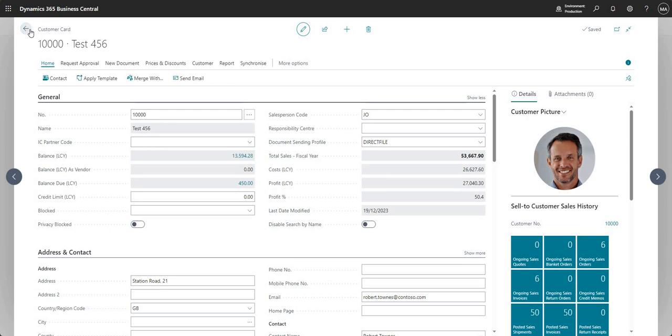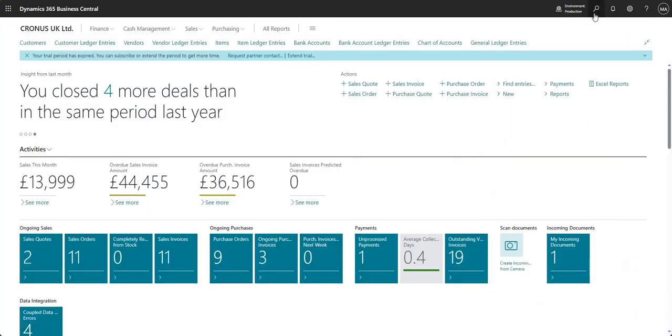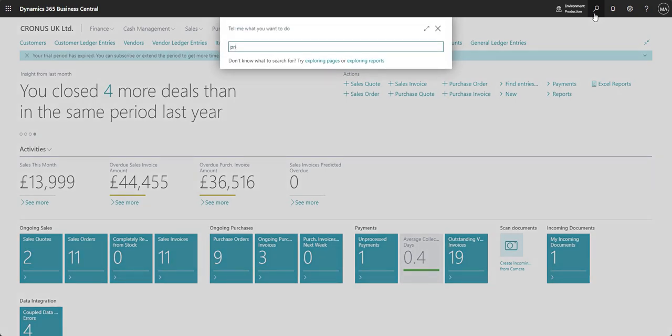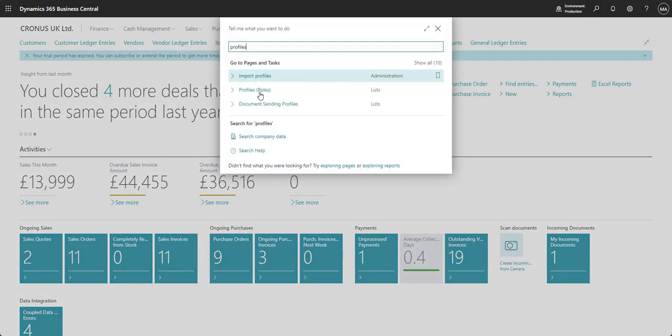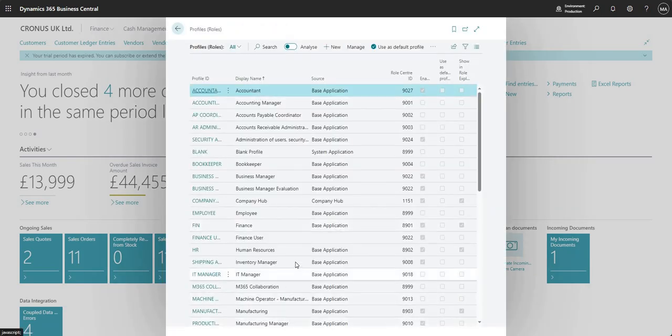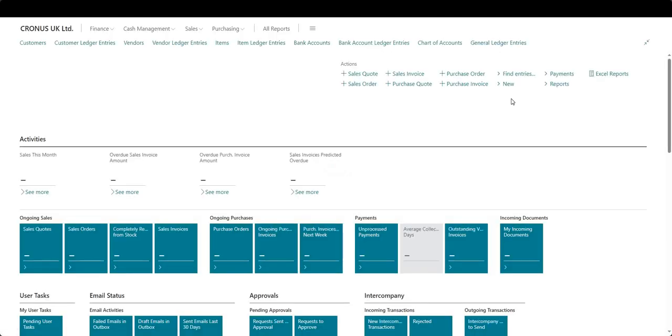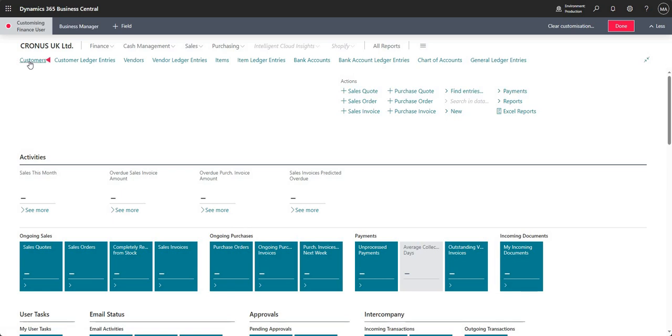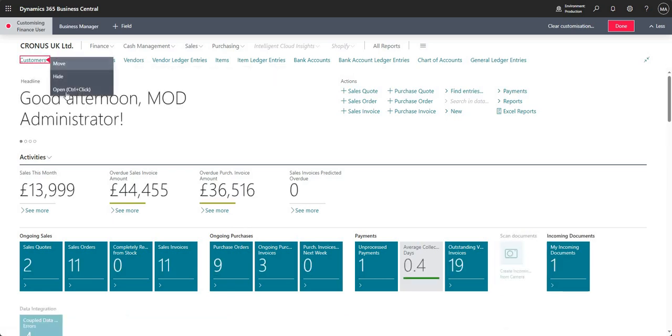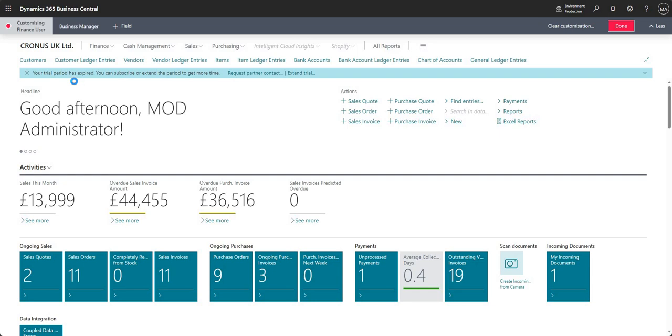Okay, so one other thing that I want to show you as part of this video is if I go into profiles, what I can do is access the other area of the new functionality there by going into the profile that I want to work with. In this case, it's just finance user. And if I say customize pages, what this does is it opens BC in customization mode. And within customization mode, if I go to the same page that we've been working on, which is the customers,